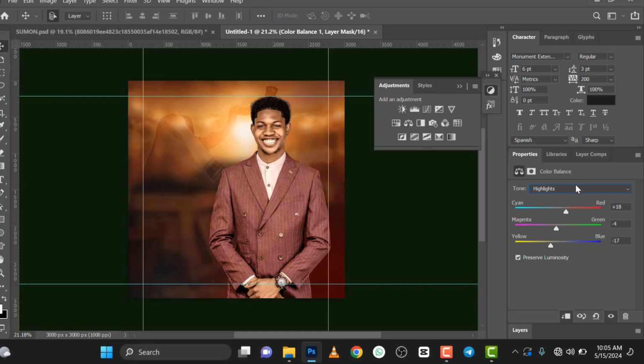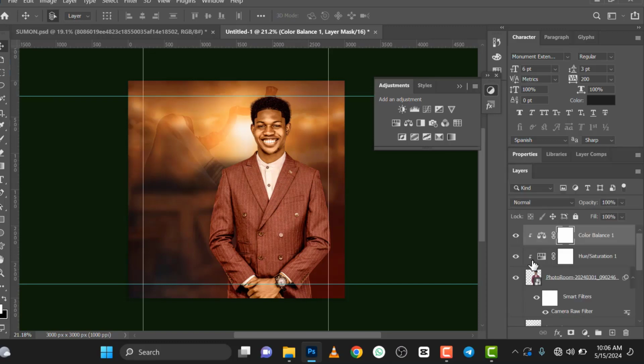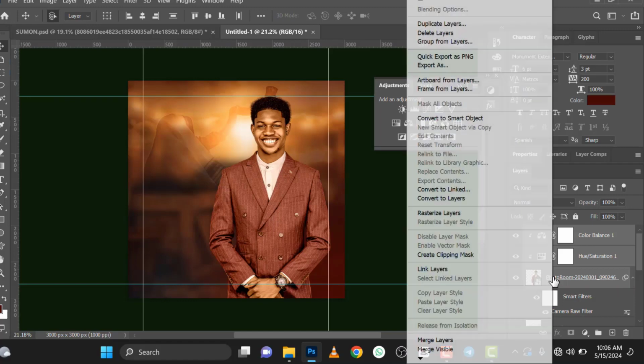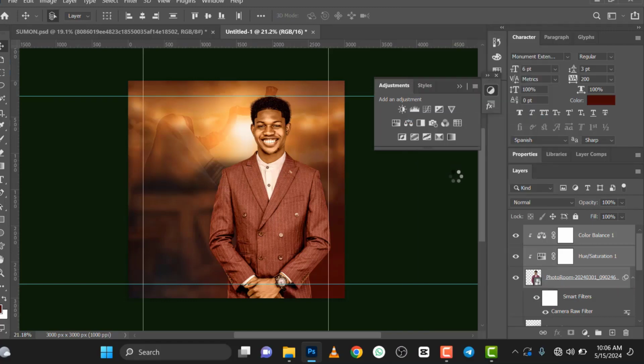You can see that the picture is blending with the background. Then I'll come to the shadow and give it red and yellow. You can see now it is blending together with the background. So that's it. After you have done that, just hold your shift and click on this one, click on the man of God picture, right click and convert to smart object. After you have done that, the next thing you need to do now